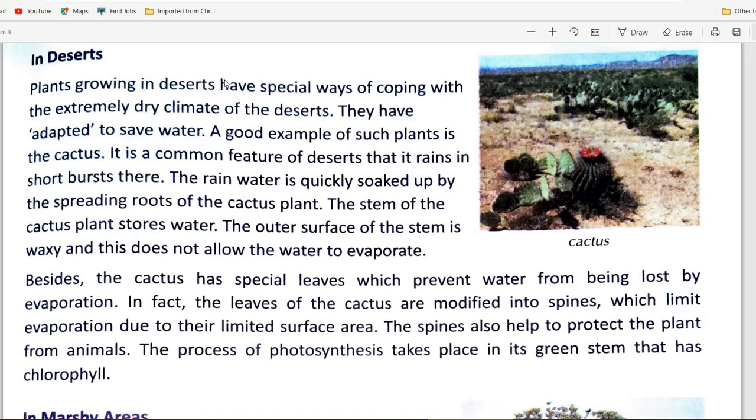In cactus tree, we know the cactus is an example of a desert plant. In cactus, we find spines instead of flat leaves. Spines means kantedar, means spines are there, and these spines protect them from animals also. Animals can't eat them easily because of these spines. So these spines also protect them from animals,